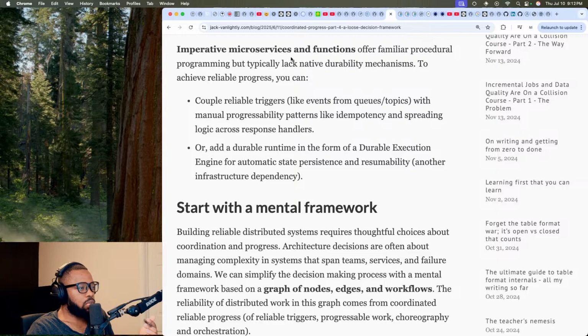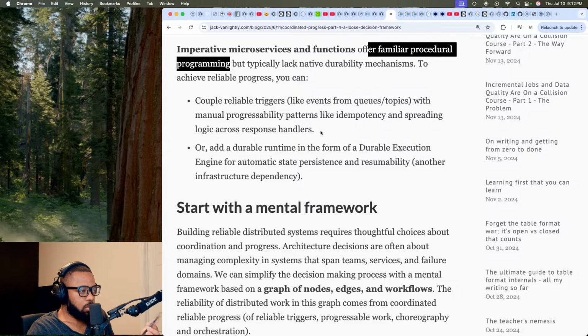Imperative microservices and functions offer familiar procedural programming. Yep, what I was just mentioning. Offer familiar procedural programming, but typically lack native durability mechanisms. To achieve reliable progress, you can couple reliable triggers, like events from queues and Kafka topics, with manual progressibility patterns like idempotency and spreading logic across response handlers.